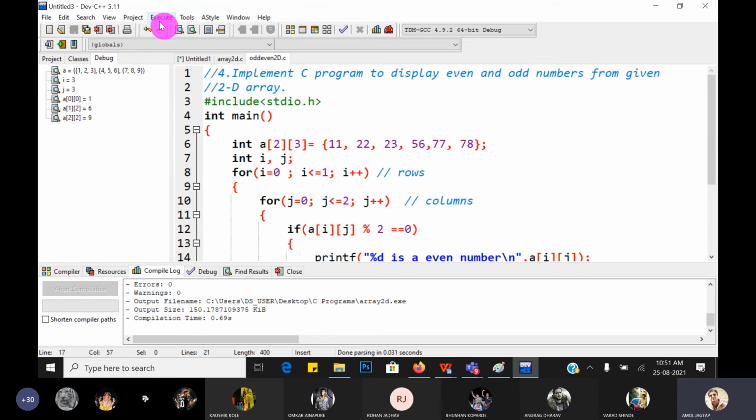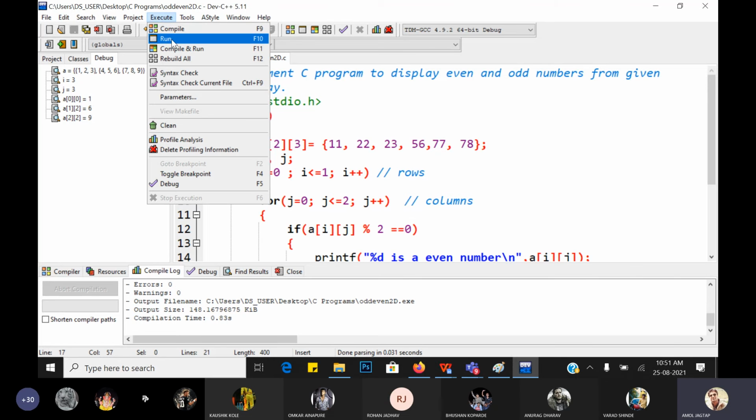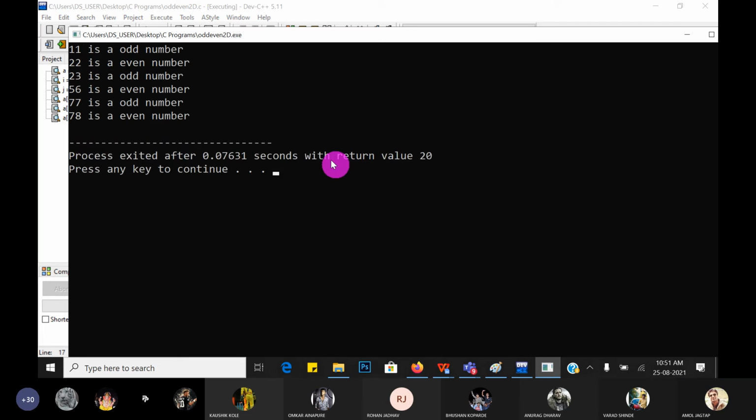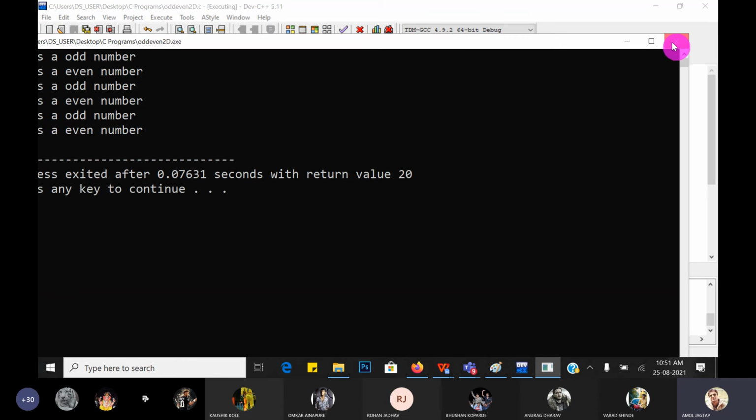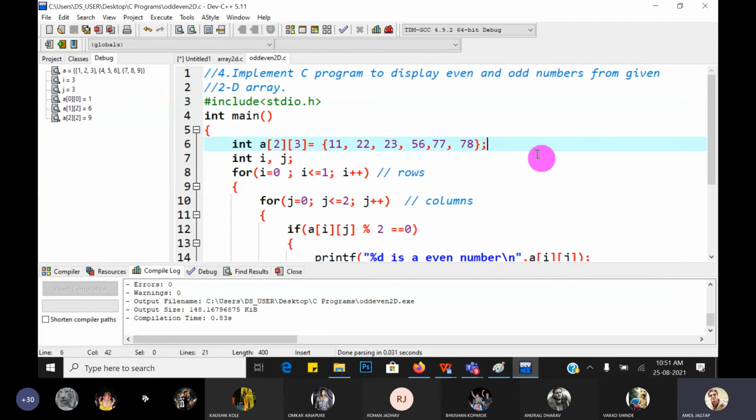Okay, let's try. Compile first. There is no error, no warning. Now run it. So 11, is it an odd number? Yes. 22 is an even number. 23 is an odd number. 56 is an even number. 77 is an odd number. Yes. 78 is an even number. Great. So here we have to initialize the two-dimensional array at